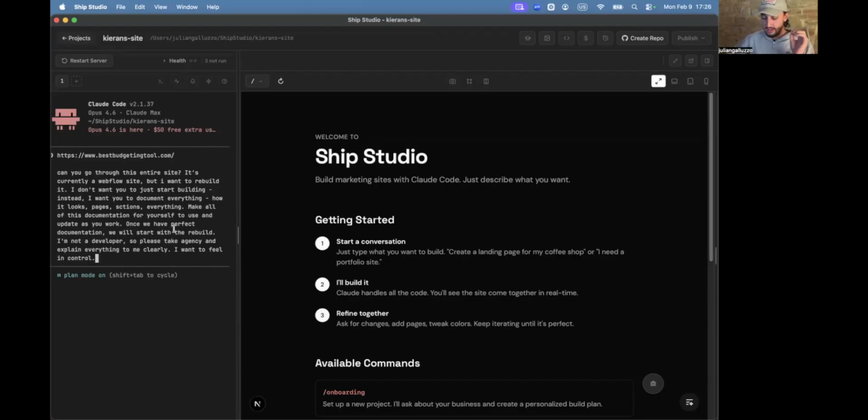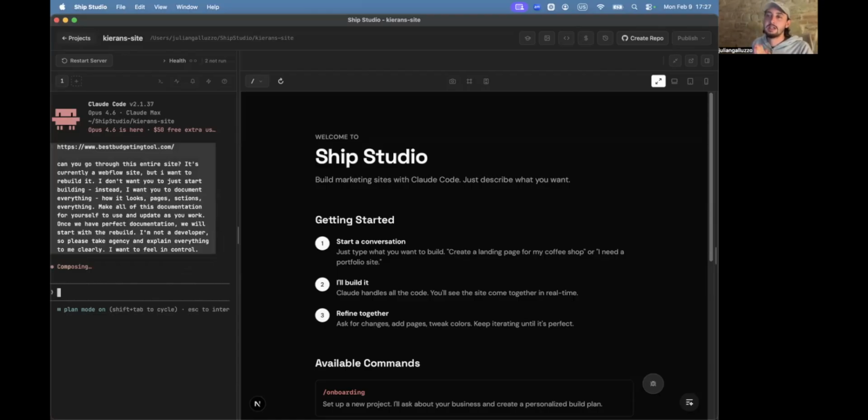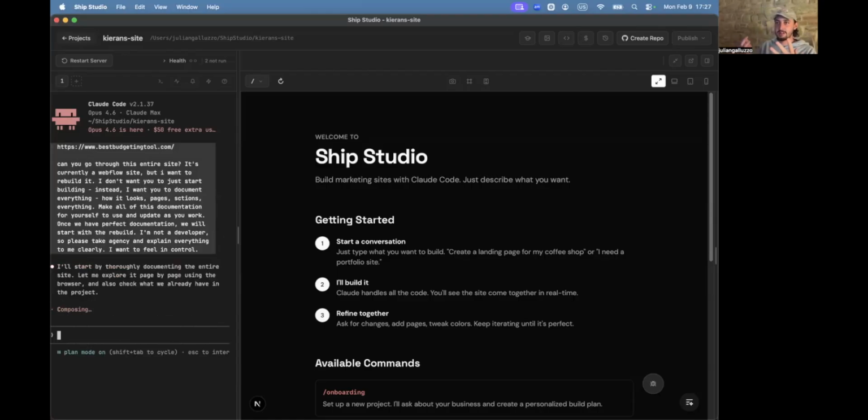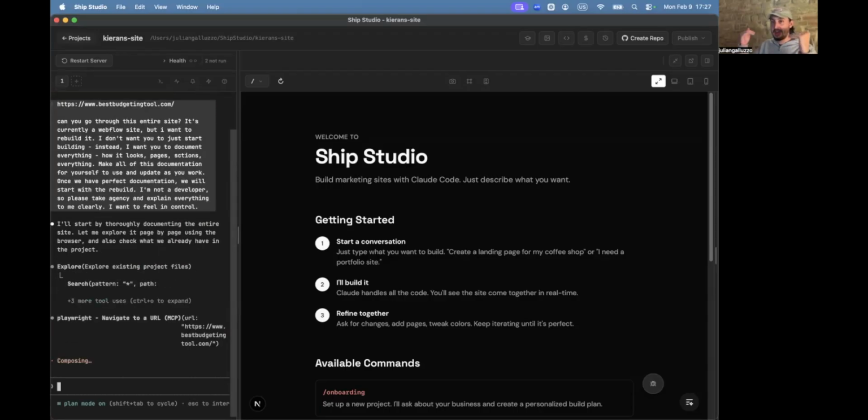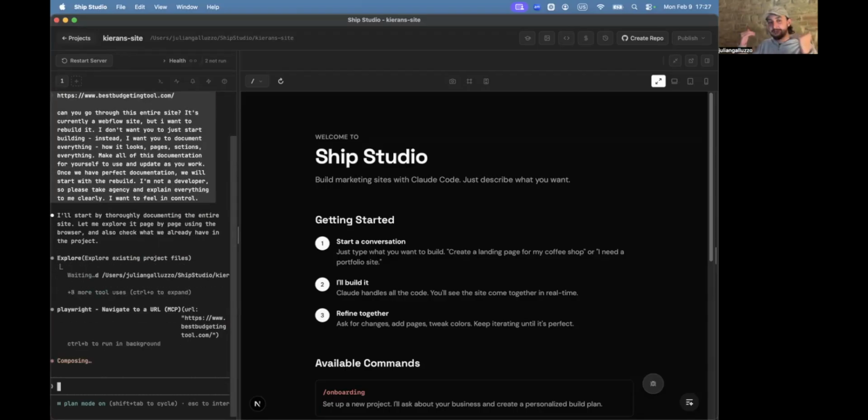And then if you click Shift and Tab on your keyboard, you can see over here, accept edits, and then plan mode goes on. So if you are doing anything complicated that requires a lot of planning, this is basically just going to tell Claude Code, hey, take a step back and do some thinking about it. So what I'm having it do is think first, then make the documentation, and then after that, we're going to rebuild the site. So the thing about Claude Code and really any form of AI development is that you're going to send the prompt, and then you got to keep an eye on it.